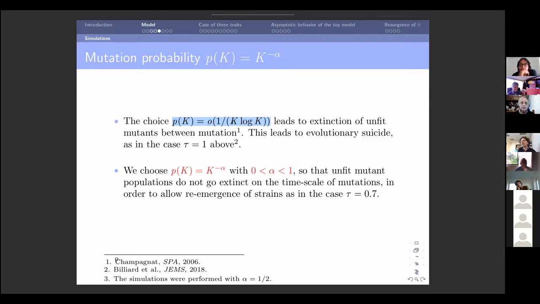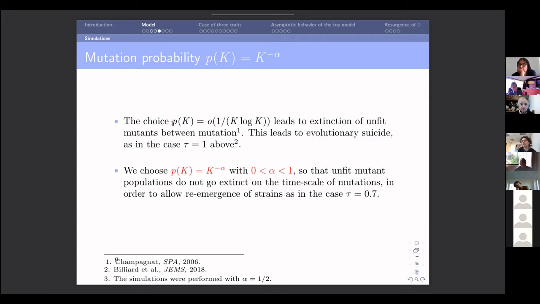Actually, k is the order of the population size, a population size of order k. So this choice for pk means that you need to wait interval lengths of order log k in between two mutations. And actually, in a finite population of size k, say for example a subcritical branching process, it takes a time of order log k to hit 0 if you start from k. So this explains this result.